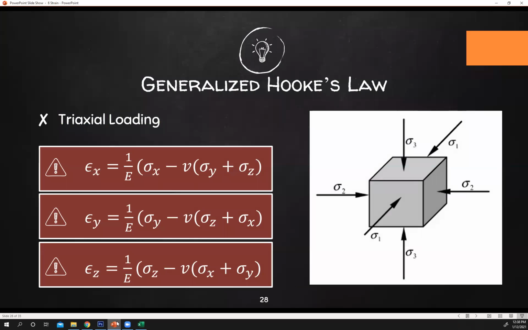Next, triaxial loading. So here, from the name itself, it's forces along three or all of the directions or dimensions. So the equation is just strain in X equals 1 over E times stress in X, stress due to the force along its own dimension or direction, minus V times stress in Y plus stress in Z. So this is the stress along the other two directions. So same analysis, just an added force. And it's the same for along the y and z axis as well. So that's your uniaxial, biaxial, and triaxial loading.